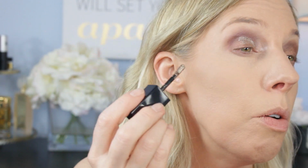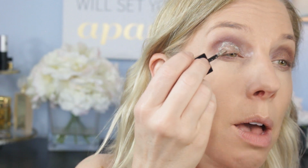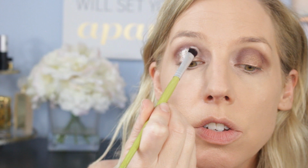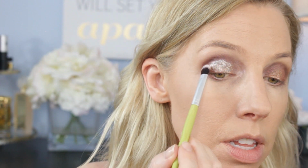Ooh, this goes on really smooth. And when I said a little bit, I guess I meant I'm covering the entire lid. Not too big. And before it sets, I like to give it a little blend on the edges. I really like this. It really gives quite the